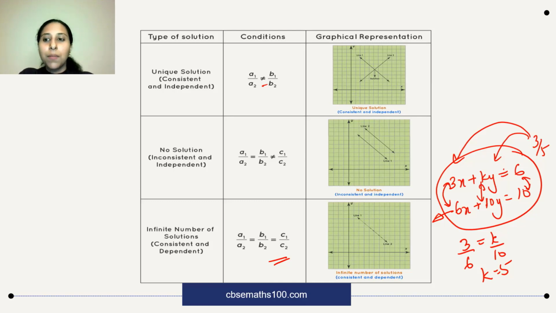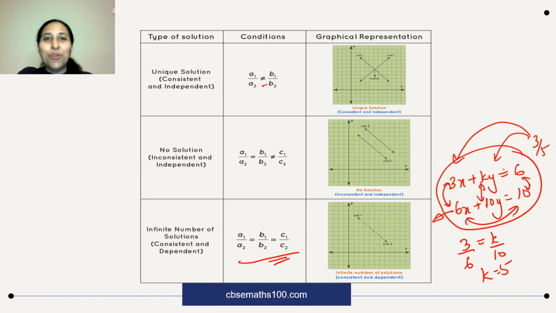Parallel lines these will be, because, or it might also be the case that it is unique solution, because here these are not equal. So what you need to do over here is be careful with the complete condition. You will definitely have an option over here for this question which says no value of k is there which exists.